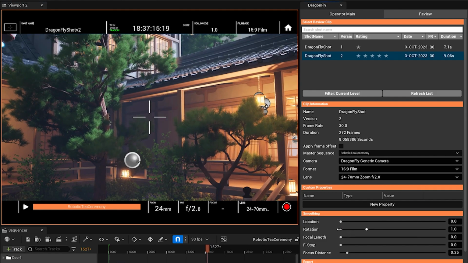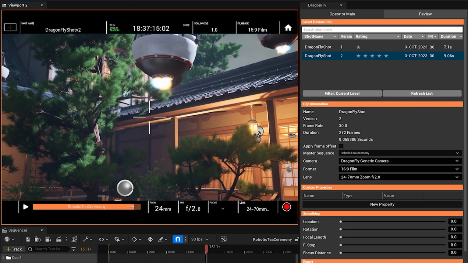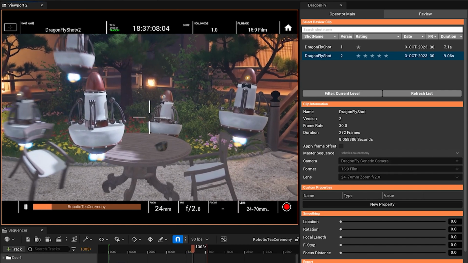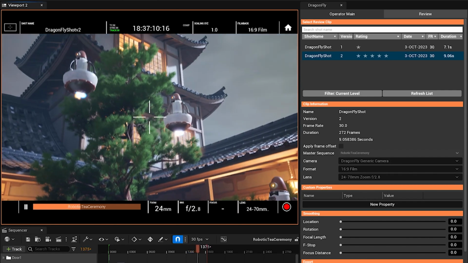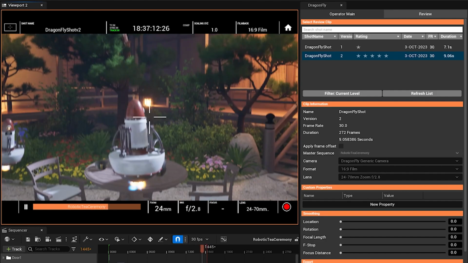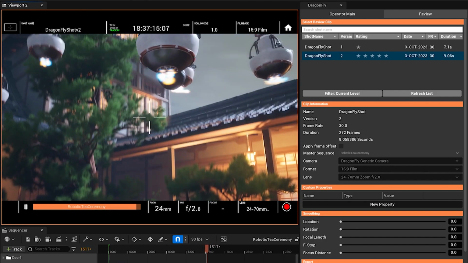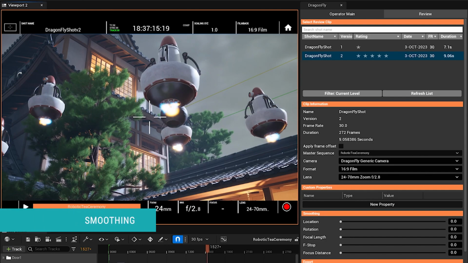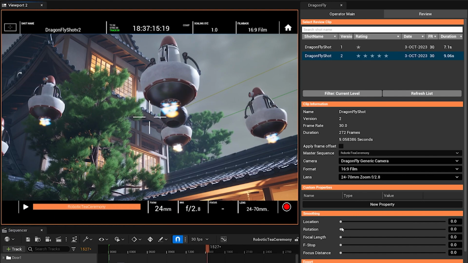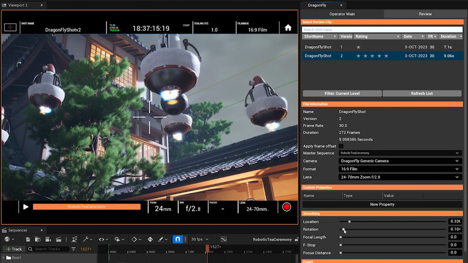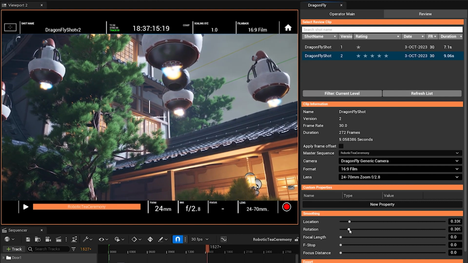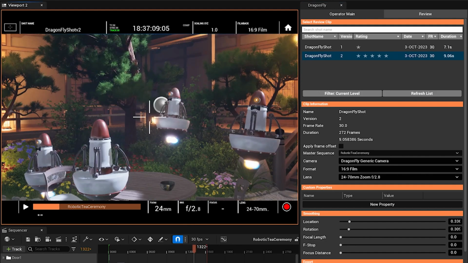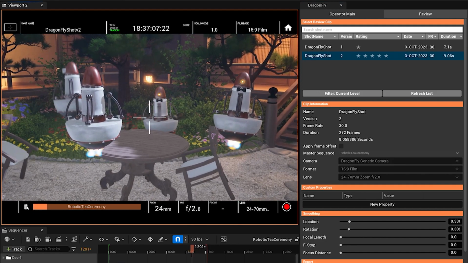By default, this shot has quite a bit of camera shake. Let's take a look at that. So this is what I actually originally recorded. You can see this shaking a little bit, and that's just because I was doing this with an iPad, which is a pretty light device. However, you can smooth this shot after the fact by going to this smoothing section and applying a little bit of smoothing here, depending on how natural or how stable you want this shot. That's totally personal preference. Let's look at this particular setting.